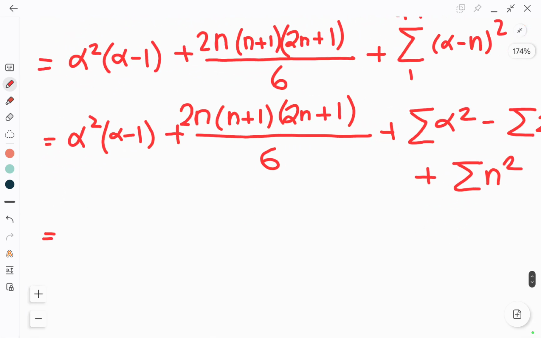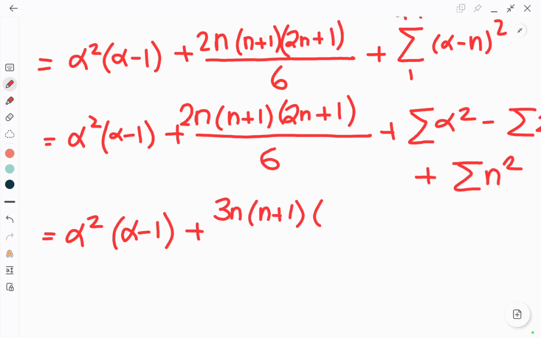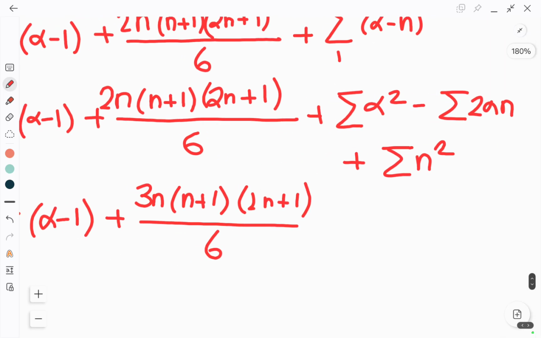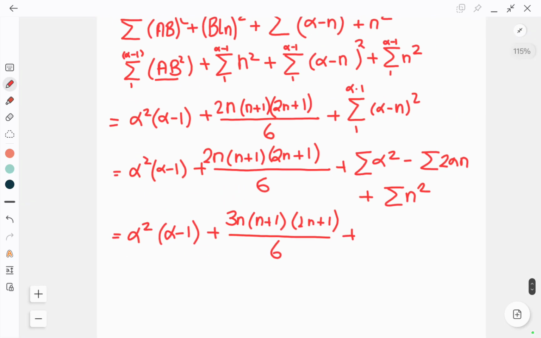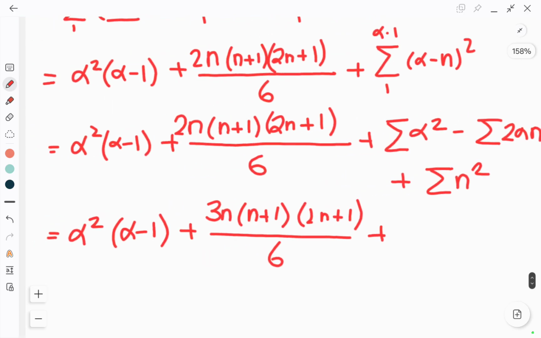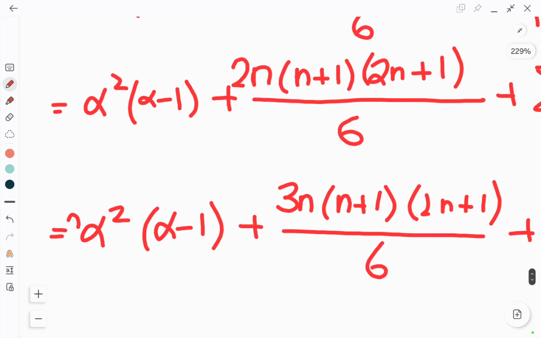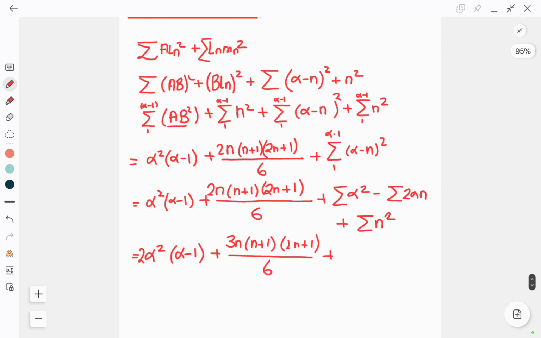So we are getting alpha square into alpha minus 1 plus 3 into n into n plus 1 into 2n plus 1 by 6, plus again alpha square we are getting, so we can add 2 here because it is alpha square only,